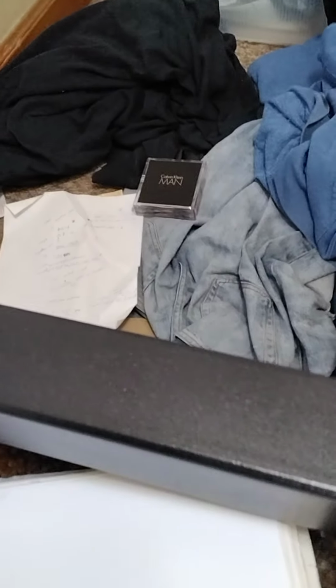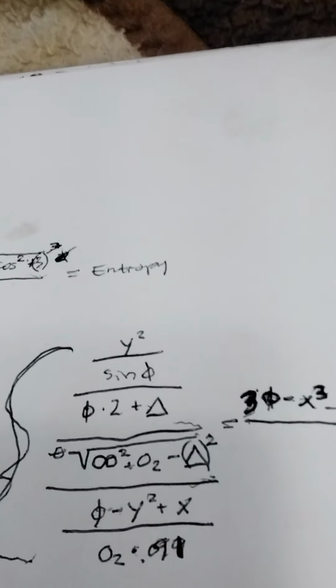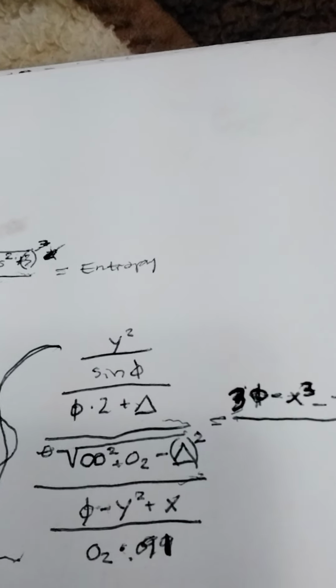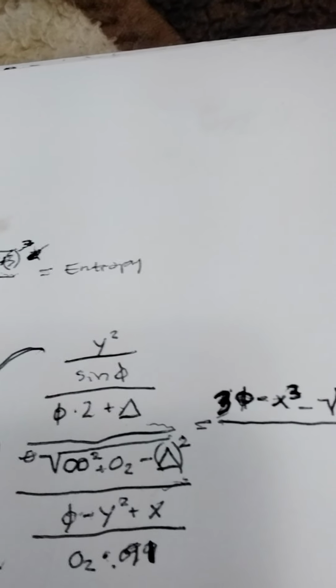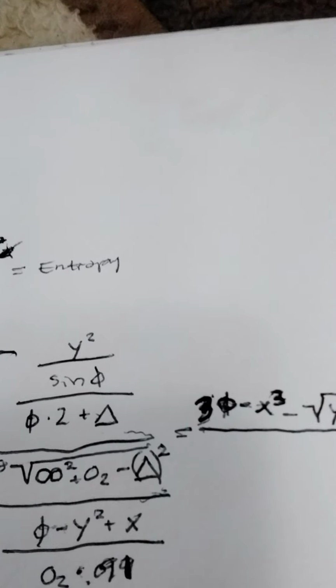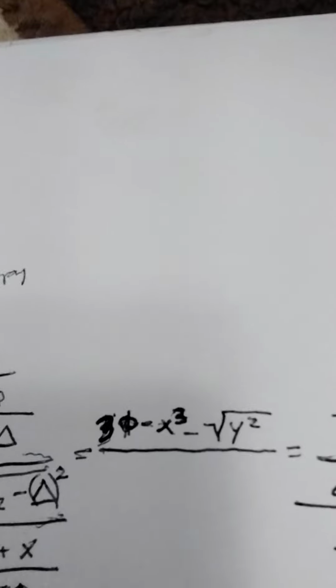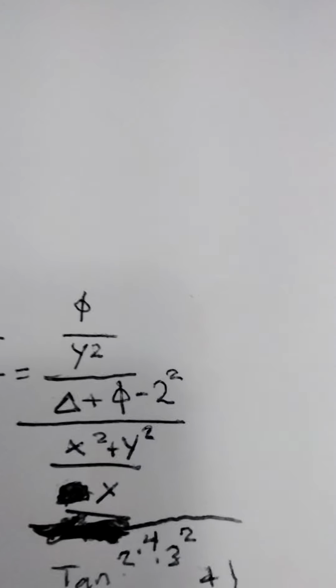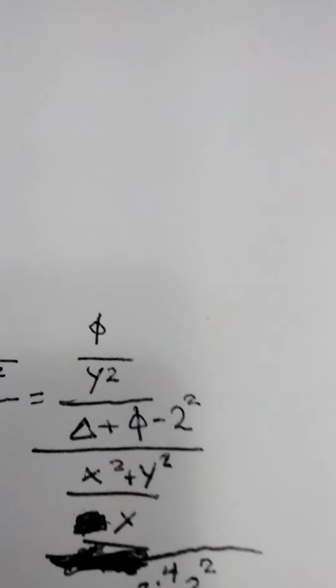So here's my latest equation, and it's actually entropy that I've been working on. It's 0.091 at the bottom after O2. And then you have to do this. And you have to do this. And it's just X. And over it